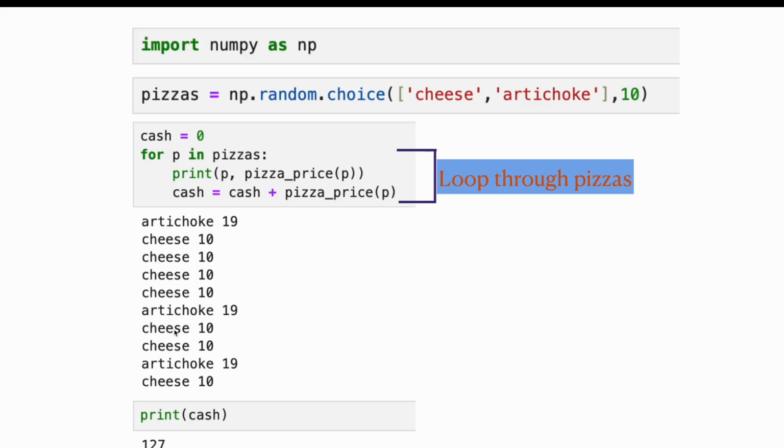Then we get artichoke, cheese, cheese, artichoke, cheese, and then we can print out the total. So you can use your calculator, or just by hand satisfy yourself with the fact that if you add all these numbers up, you will get 127. Okay, moving forward,